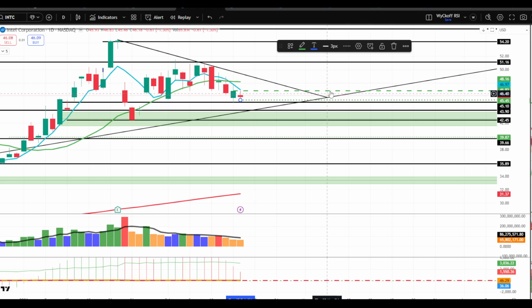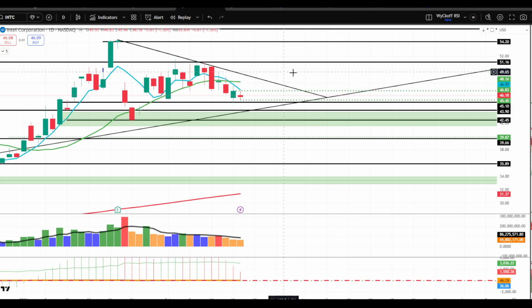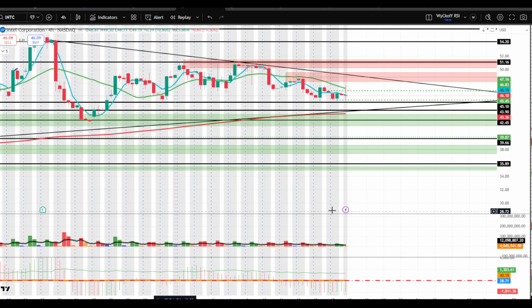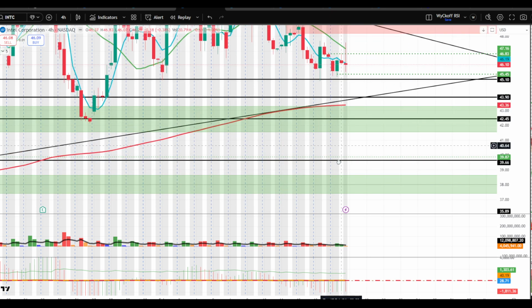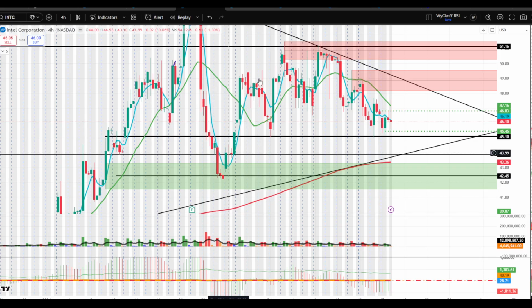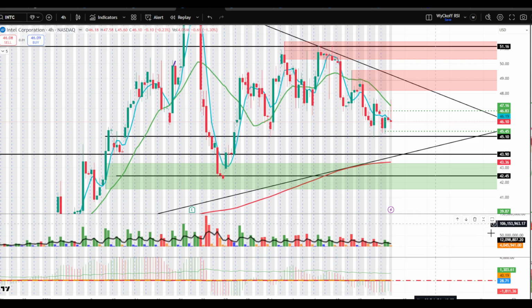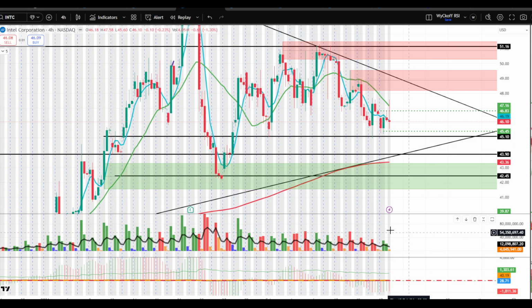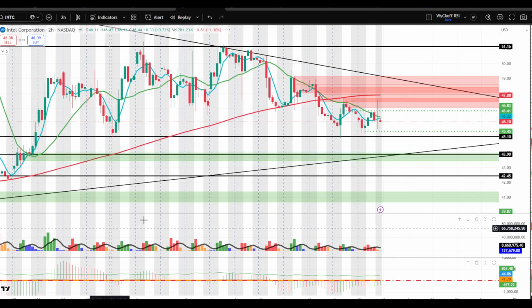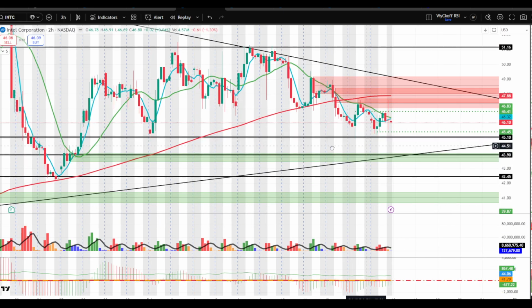Put some dots to differentiate. All right, so that's the daily candle. Start going down to the 4-hour chart. All right, 4-hour chart there. Take it to the 2 hour chart. All right,